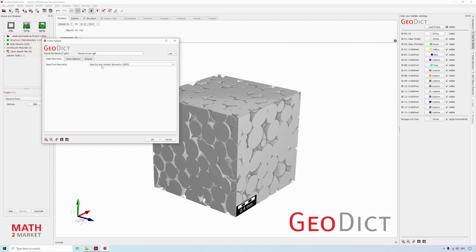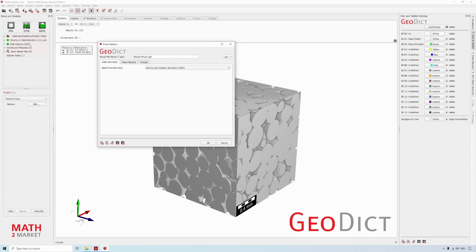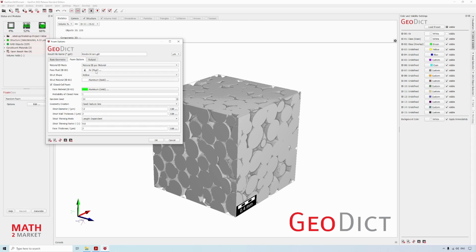We click on this and select Use Current Analytic Geometry. This will disable all those options because it will get the information from this structure. For foam options, we select Angular. We know that it's an open cell foam, so we disable the closed cell foam options.